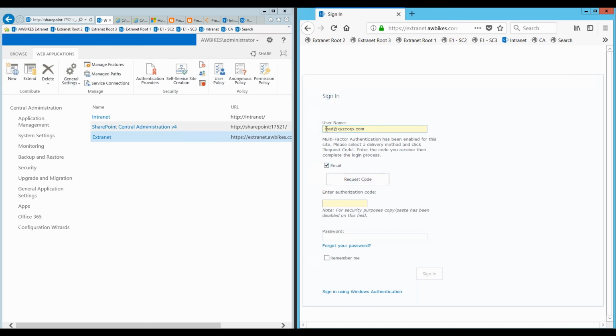It'll send the code to Fred at xyzcorp.com. He would get the code in his email, then he can enter it into this authorization code box, then he can actually enter his password here and log in. So let's go ahead, and now the other option is that the codes can be sent via text message. We just haven't turned that on for this particular one because it's easier for these demos to do it with emails. So I'm going to request a code,